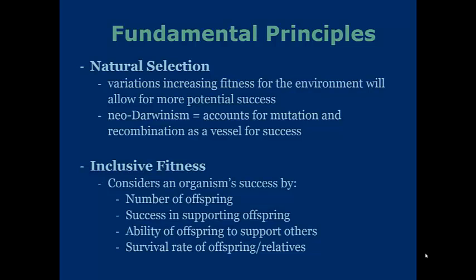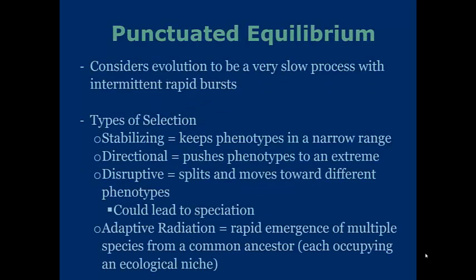natural selection. Inclusive fitness considers an organism's success by these following criteria: the number of offspring produced, success in supporting offspring, and the ability of the offspring to support others. Lastly, the survival rate of these offspring and these given relatives. If you can survive and reproduce, your genetic material will pass on, thus leading to success. There are equilibrium patterns which consider evolution by a very slow process with intermittent rapid bursts, and there are different